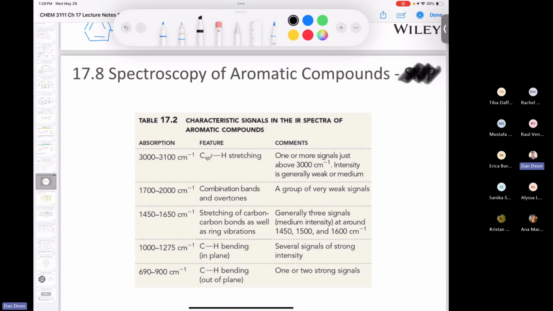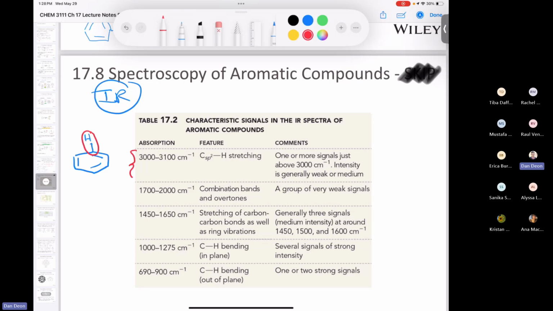So just thinking about IR, if you haven't thought about IR in a while, okay, so infrared spectroscopy, you should remember that when you have an aromatic ring, you usually look for the sp2 hybridized carbon-hydrogen stretching. So that's shown here. It's usually right above 3,000. Then the overtones are usually between 1667 and 2,000. Students love them, okay? They're a very weak group of signals, but they usually denote that you have an aromatic